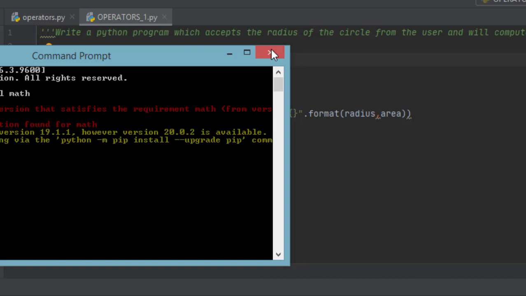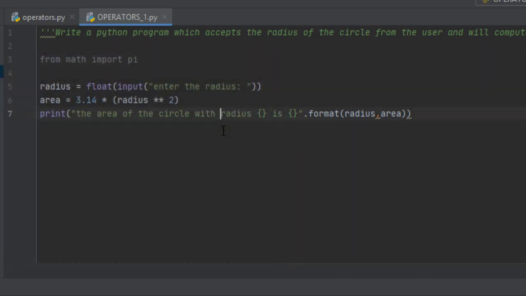And math generally is an inbuilt package of Python. I think you don't need to install it, but there are several other packages to be installed externally. When we are using that package, I'll install it. For example, Turtle is a very important package and it is used for animations. You can draw a tree with Turtle. If you want to know how, just comment it on the comment section. I'll let you know how to do that.